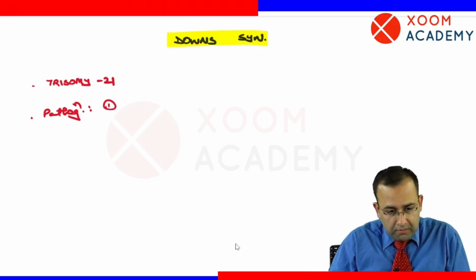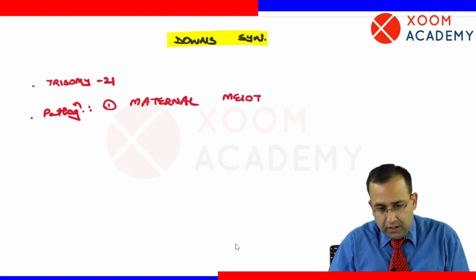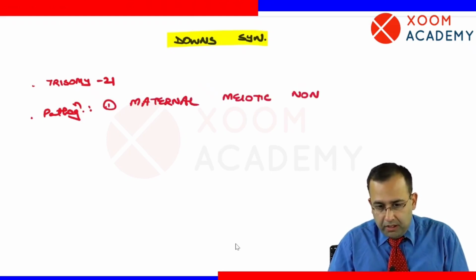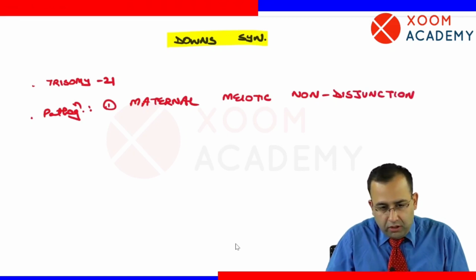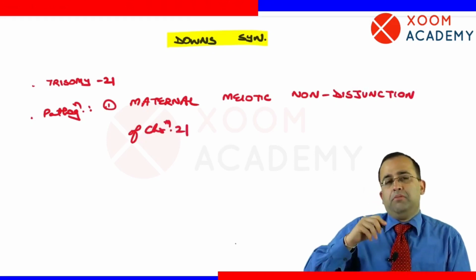This occurs because of maternal meiotic non-disjunction. Maternal meiotic non-disjunction of chromosome 21. That means in the mother